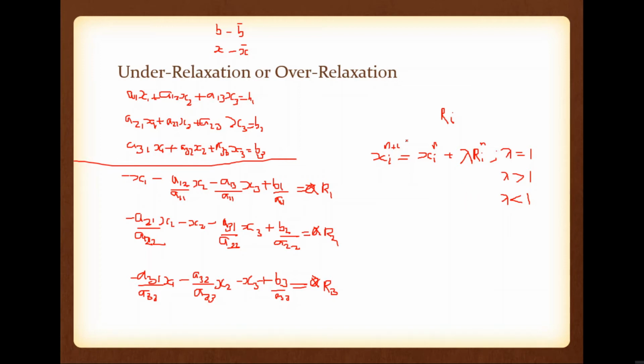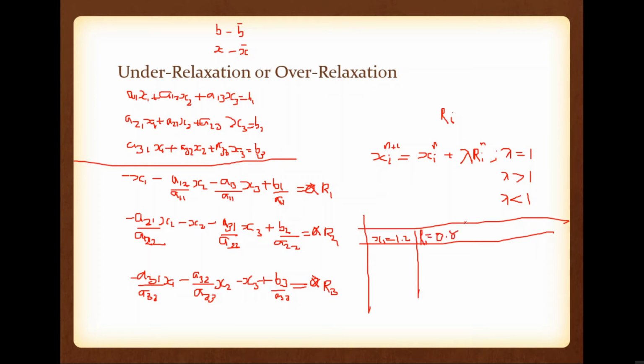Okay. So what happens if you substitute a different value of lambda? For example, a greater lambda value, or what happens if lambda equals 1? For example, for a particular iteration, say x1 is equal to some value 1.2 and the corresponding R1 value is say 0.8.